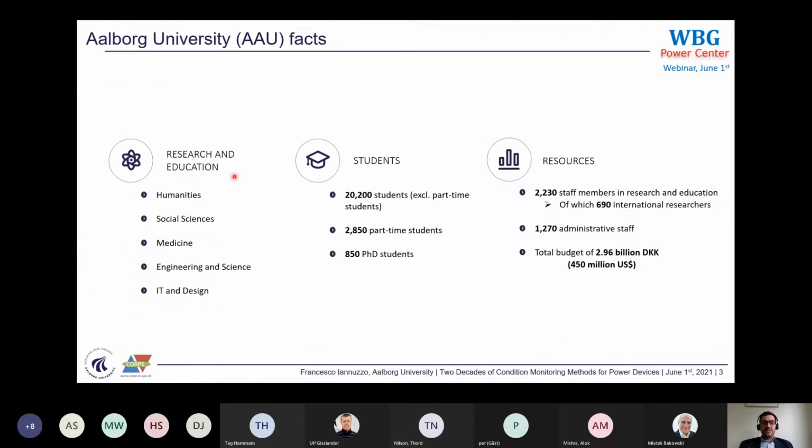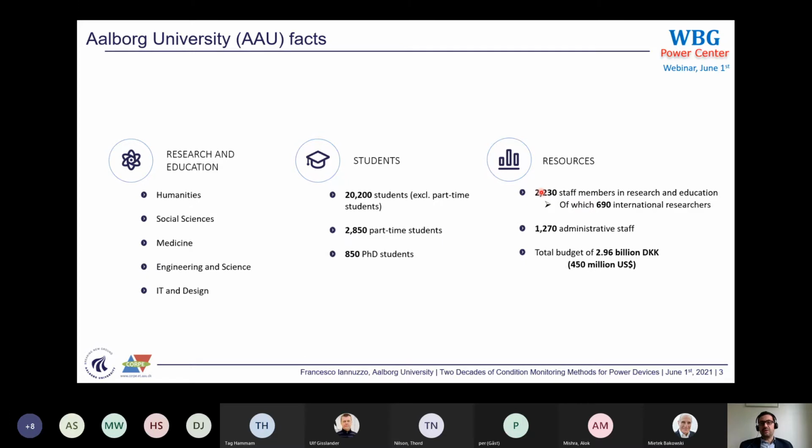First of all, I would like to give you some introduction about Aalborg University. I hope you will be interested in this. It is an average, I would say, size university. We have 5 faculties, among these energy and science, which I belong to. It has 23,000 students, basically 10% of them part-time, and quite a large number of PhD students, around 850, of course varying and changing. You can see a nice number of staff members, and there is a good reason for this,